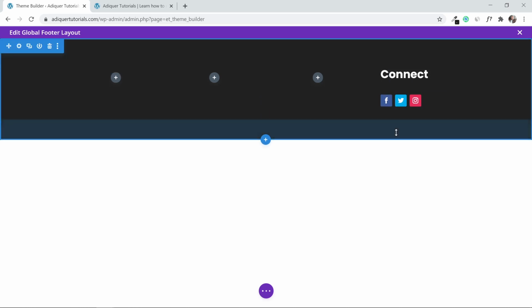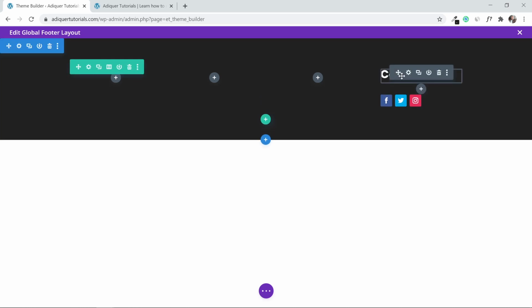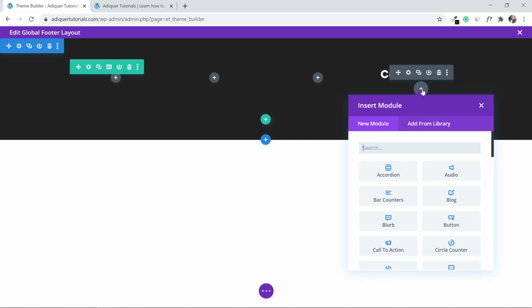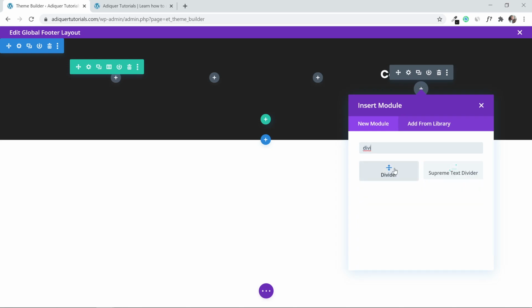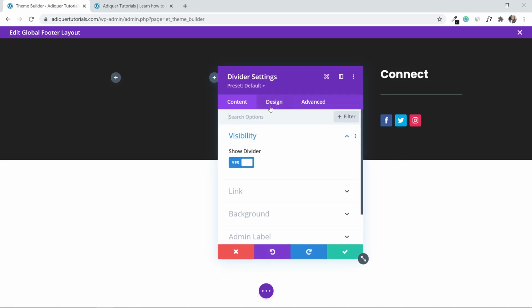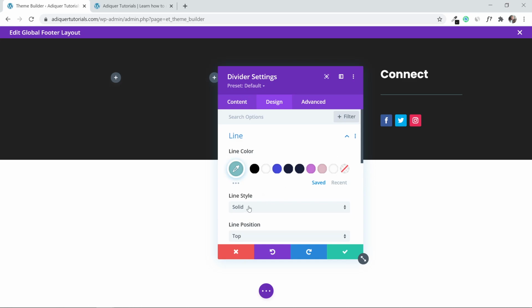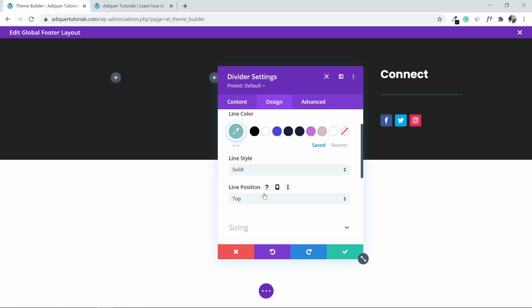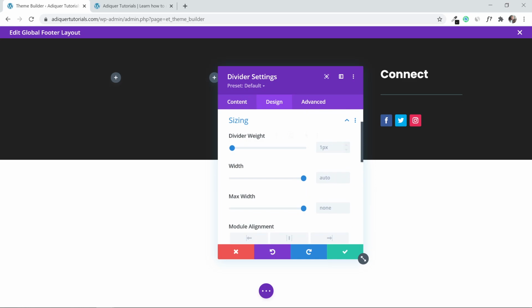So now what I need to do is put a border line, like a divider, just below this text. So I'm going to click add module. Then I'm going to look for divider. This is the divider over here. Then I'm going to increase the width of the line, right? So this is the line. I'm going to first of all go to sizing, then divider weight somewhere around 3 pixels will do,